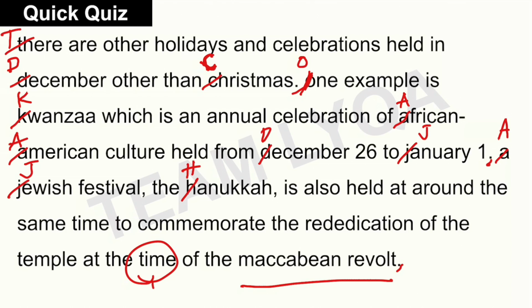Sabi niya, time off. So, ibig sabihin ito ay era, historical period. And ang Maccabees, it's a group of people din. So, we have to capitalize this talaga. Tapos yung R, ika-capitalize din natin yan. Okay? So, parang Spanish Revolution, all of these things, dapat nakaka-capitalize din siya. So, yan yung ating mga corrections dito sa paragraph na ito.